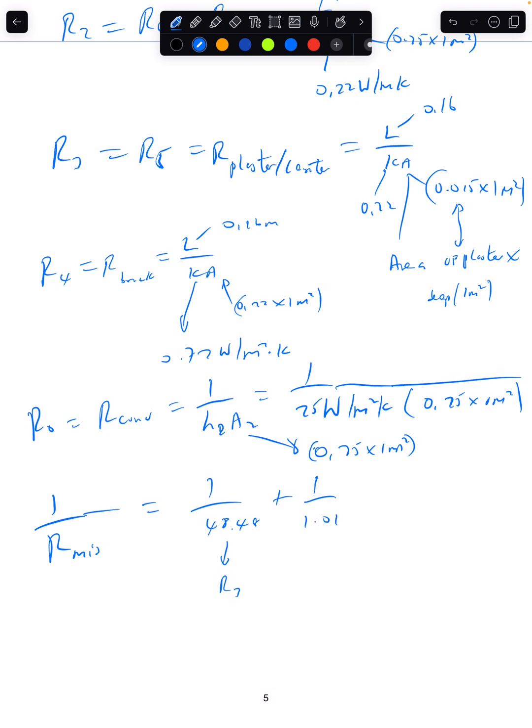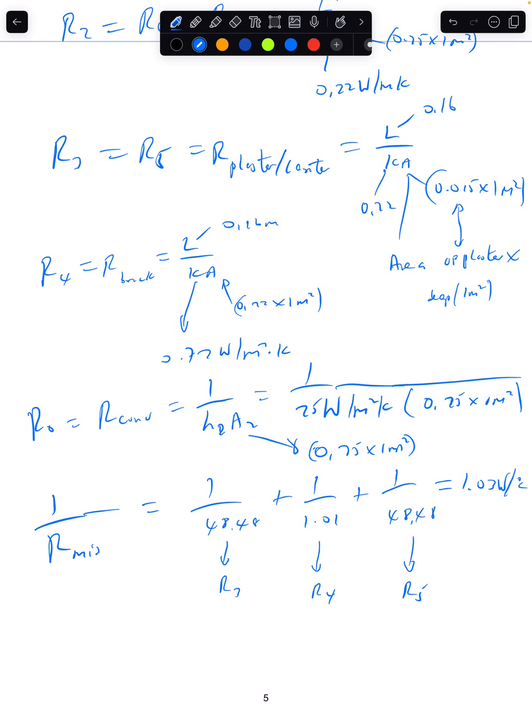This is going to be equal to R4 plus 1 over 48.48, which was equal to R5. So if you simplify that further, you're going to have a value of 1.03